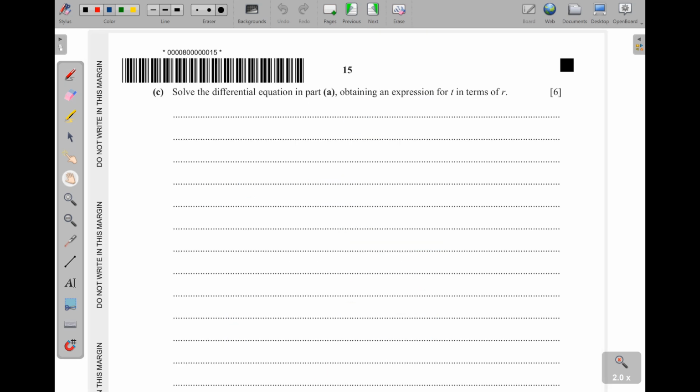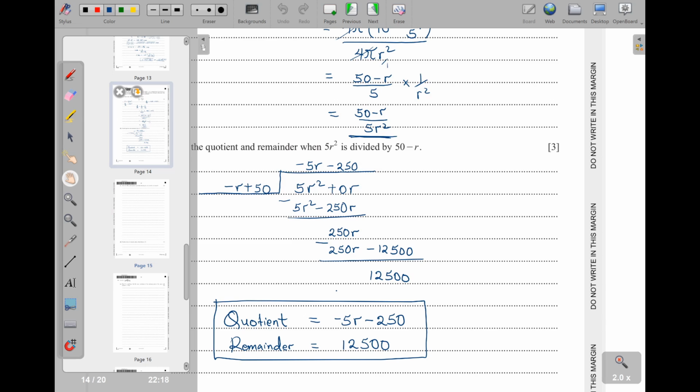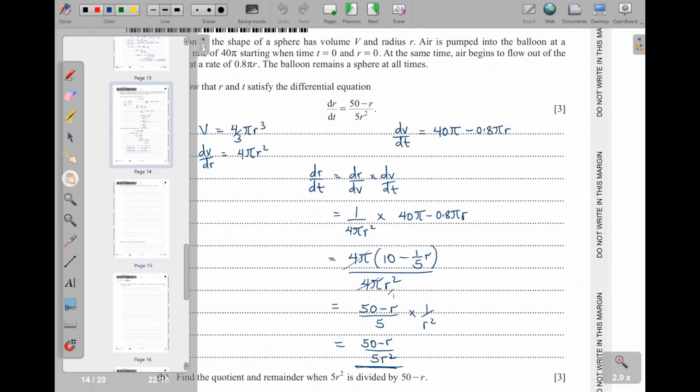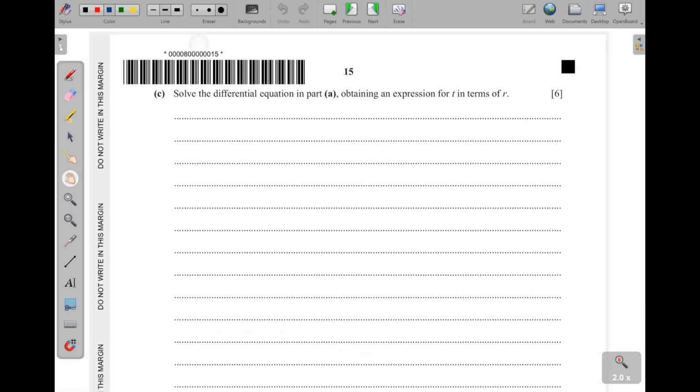Part C, solve the differential equation in part A, obtaining an expression for t. So in part A, we have the differential equation here, dr/dt, which is equal to (50 minus r) over 5r squared. So we have to separate variables when we solve this. Now separating variables,